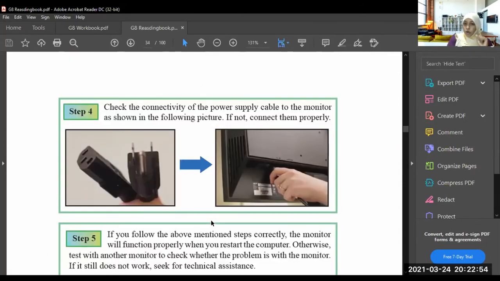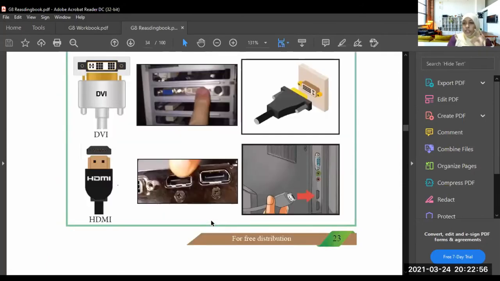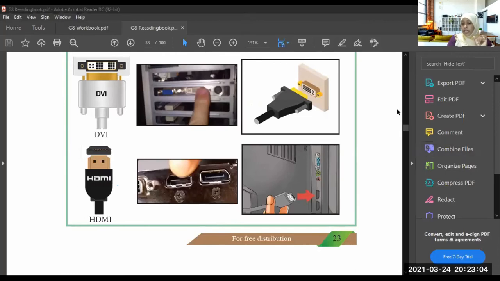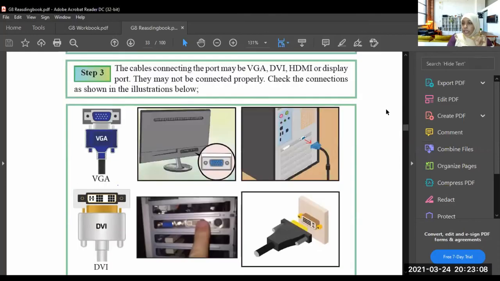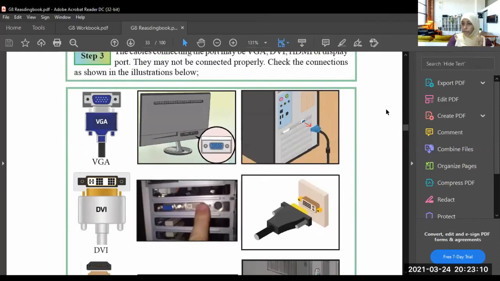Okay. Here I want to tell you an important thing which everyone does mistakenly. When you are connecting cables to the computer, okay, connect it directly. Understood?